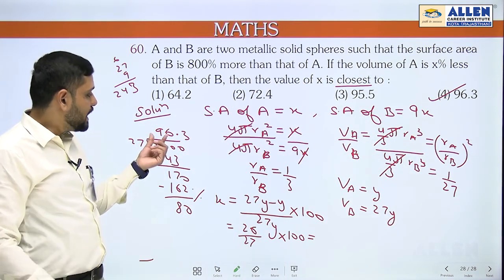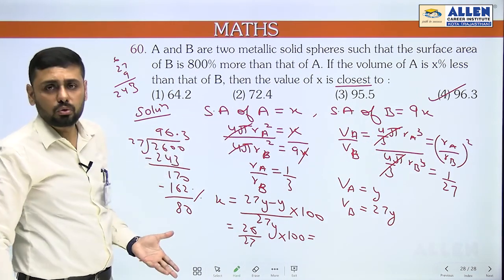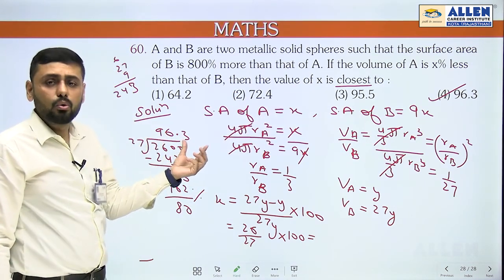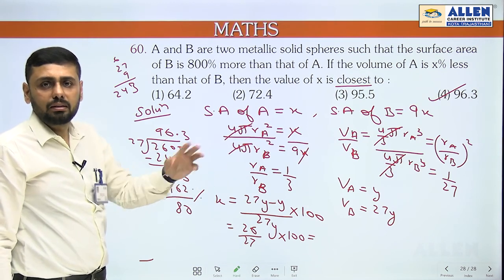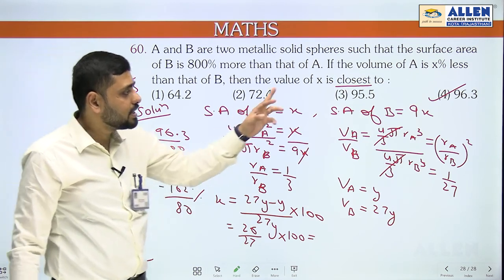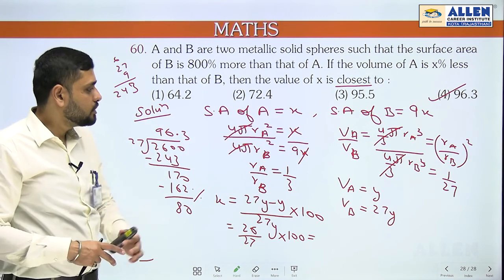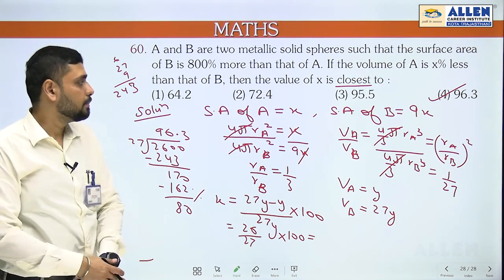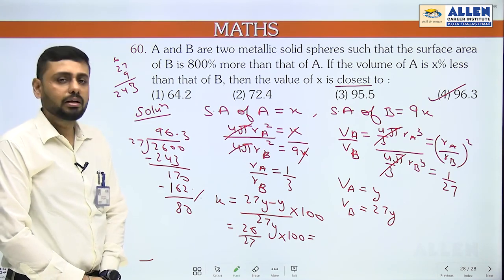Right? And as we got 96 here, definitely the answer will be that option only, because we need to find the closest value, and it is 96.29 something, and we have done the approximation. So that's why the answer is 96.3%, right? So in this way we need to solve this question. Again a very easy question, just the calculation part. Clear? Now you can note it down. Thank you.